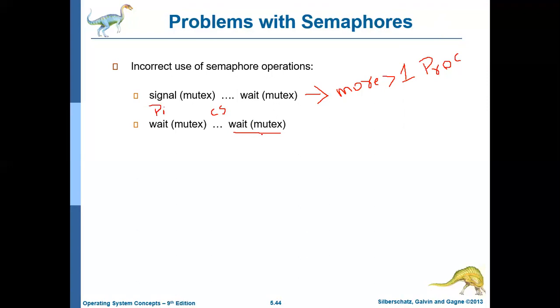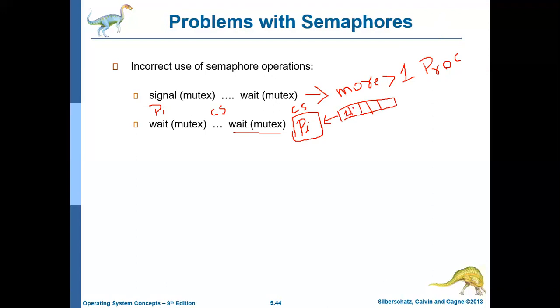But now once again it is calling wait. So what happens is this critical section will always be occupied by the process Pi, and no other process will be allowed to enter. If other processes are waiting in a queue, say Pi plus 1, Pi plus 2, all those processes are waiting here. They will not be allowed to enter and they will keep on waiting, resulting in a deadlock. So this condition may result in a deadlock.